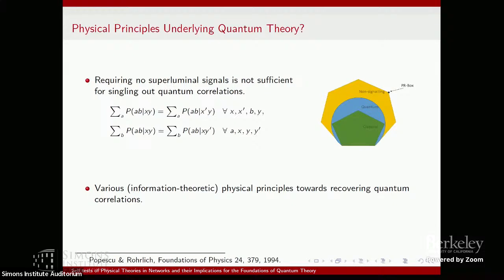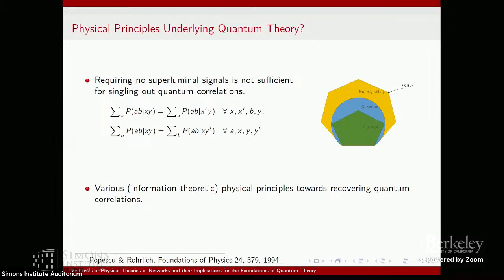So one thing is that there could still be non-signaling correlations that are not quantum in the world somehow, and we just haven't figured out how to build a device that generates them. I mean, just because it's unnatural, it doesn't mean that they couldn't be there, and we could be surprised. And so this is one drawback of this approach, I would say, that we could not exclude.